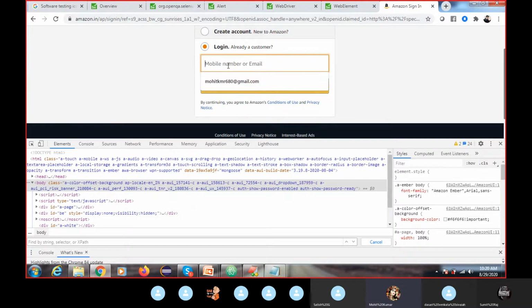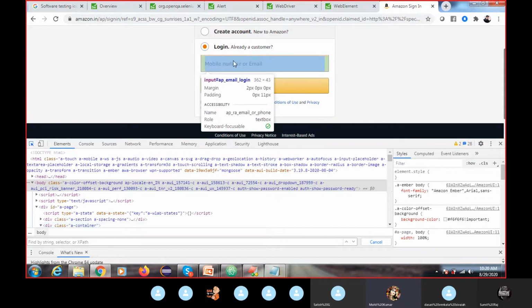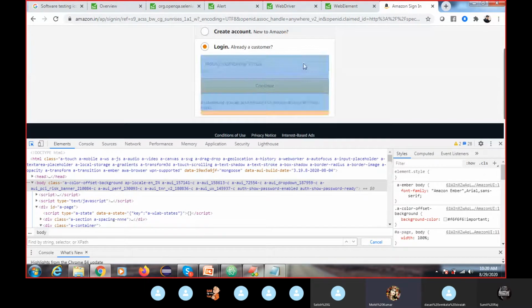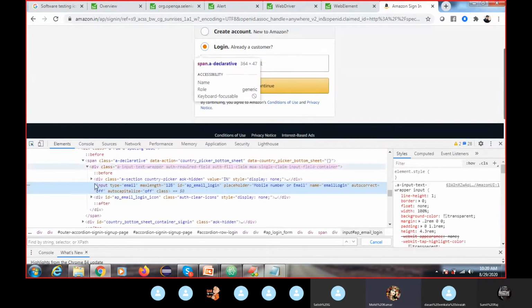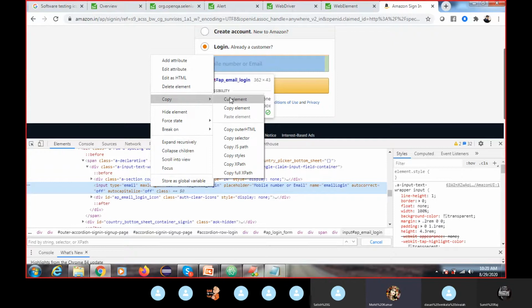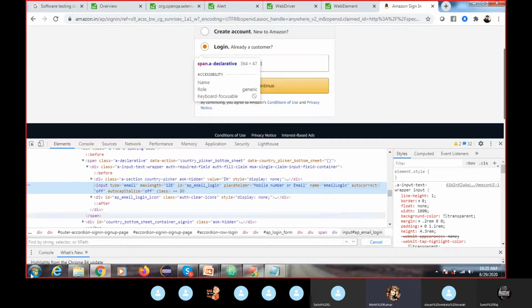You have to perform some operation here. You have to do testing for this login tab. First we can find the object or write the XPath. To find this, use this arrow, go and inspect, and it will highlight any element you want to find. I will click here, and you can see it is highlighted. To write the XPath for this, I am going to copy the element